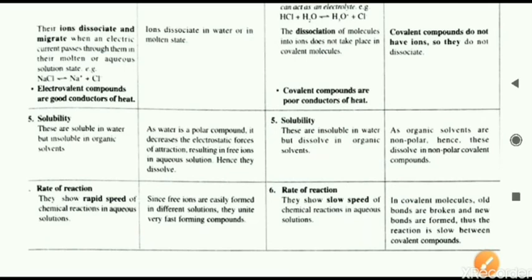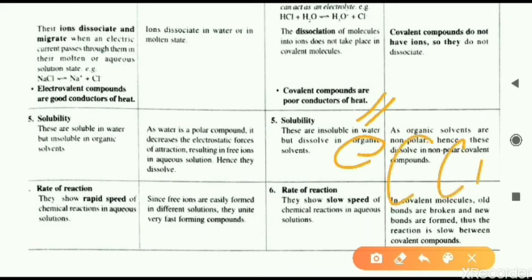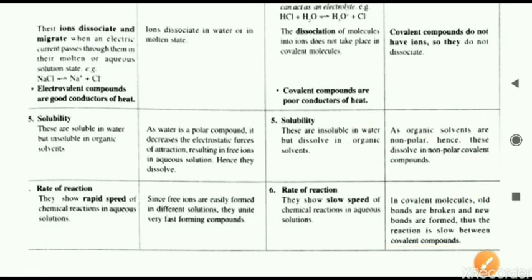Water is a polar compound, and the ionic compounds also have opposite poles, that is positive and negative charges. So in a way, they are also polar, so they can dissolve each other. On the other side, the covalent compounds can dissolve in organic solvents, and organic solvents are all non-polar. One example of an organic solvent is carbon tetrachloride, CCl4. CCl4 is a non-polar liquid. It can easily dissolve the covalent compounds. That was just an example.